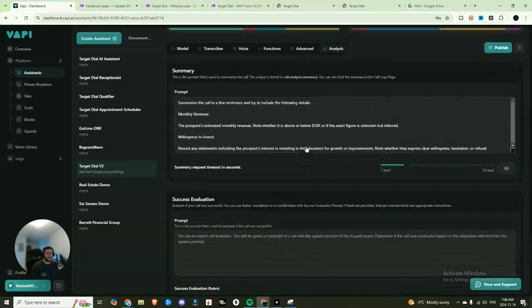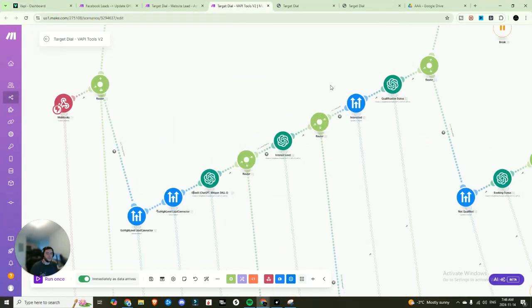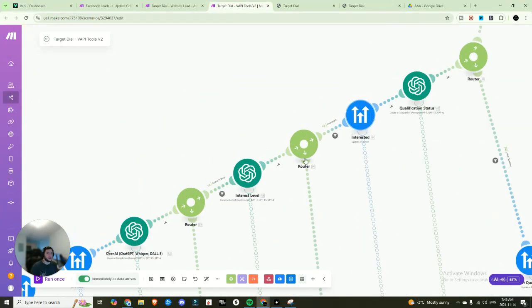And then lastly, underneath analysis, for the summary, I added in this prompt to kind of fine tune the summary that is output. So summarize the call in a few sentences and try to include the following details. So the monthly revenue, willingness to invest. So my qualification questions, because one of the things I noticed is that when it would get to these different